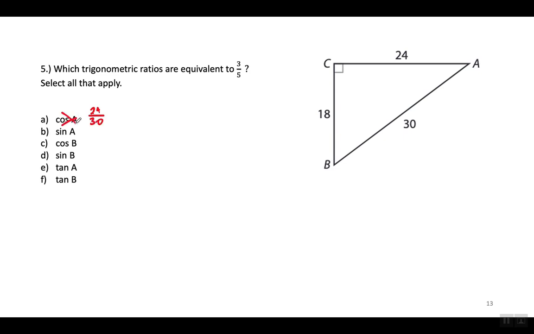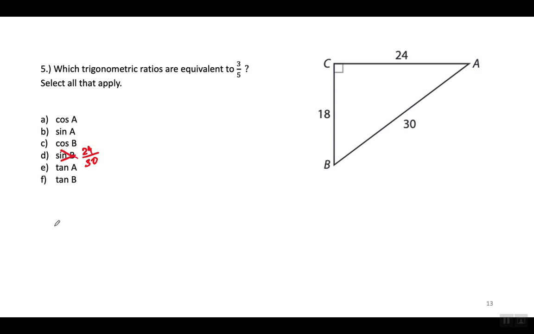So that's why this one's wrong. Sine of A would be 18 over 30. And that's why this one's right. Cosine of B would be 18 over 30. And that's right as well. Sine of B would be 24 over 30,